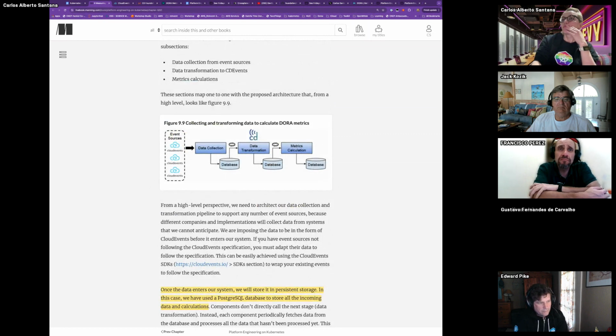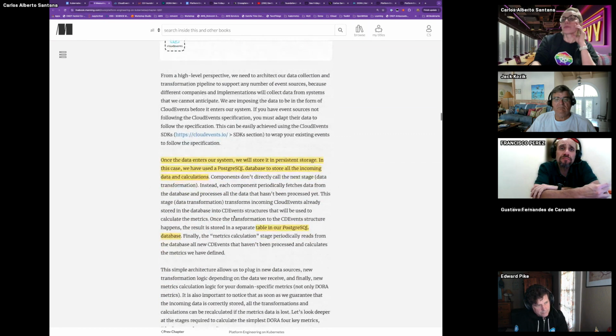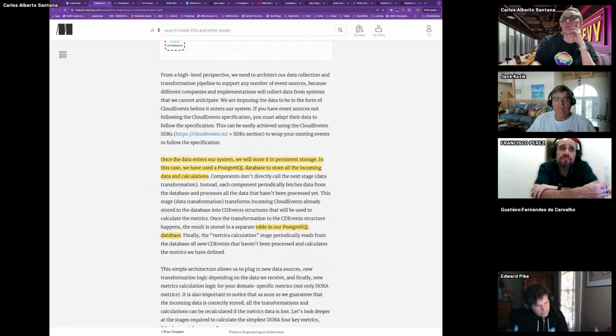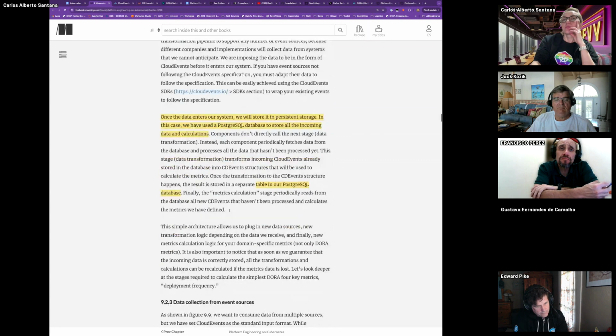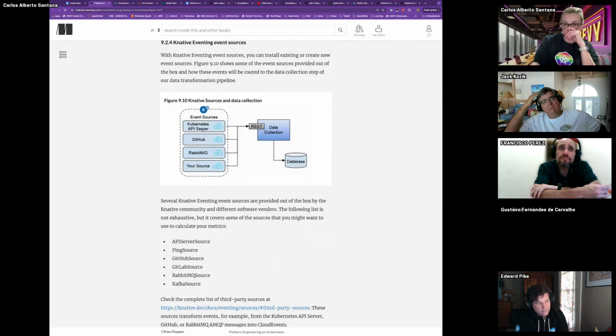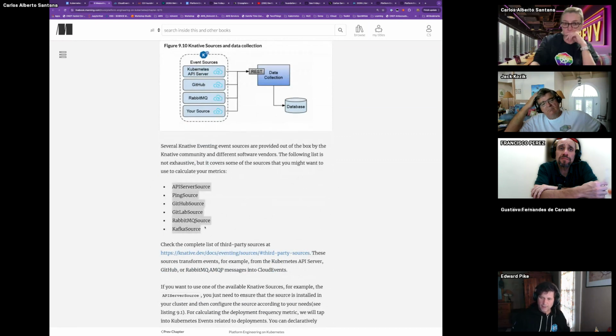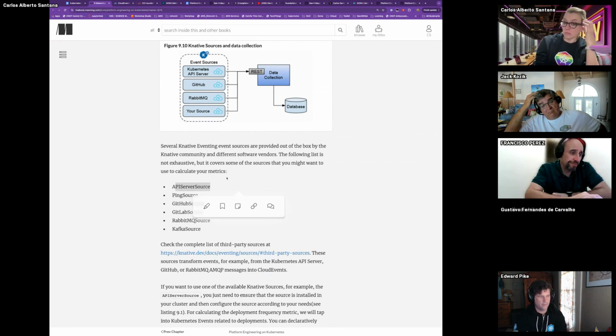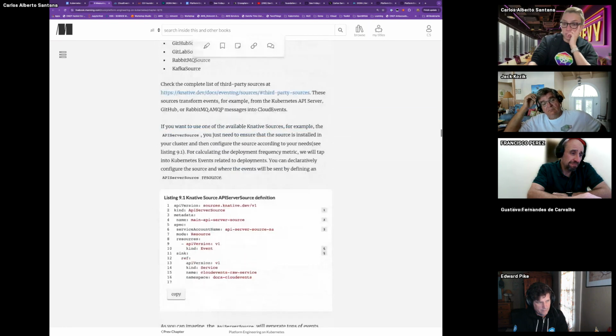Oh yeah, the example, and he has it in his repo. He's going to implement CD events for the conference app, and basically he has a diagram over here. He's going to use Knative Serving to take events from the Kubernetes API server, GitHub, and RabbitMQ, and then he's going to collect them. They're down here. So these are the sources that he's using, like the GitHub API. GitHub will be for when there's a change happening to source code. The API server will be for something like a deployment, and he's going to take that and put it into a SQL database. Let me see where he does that.